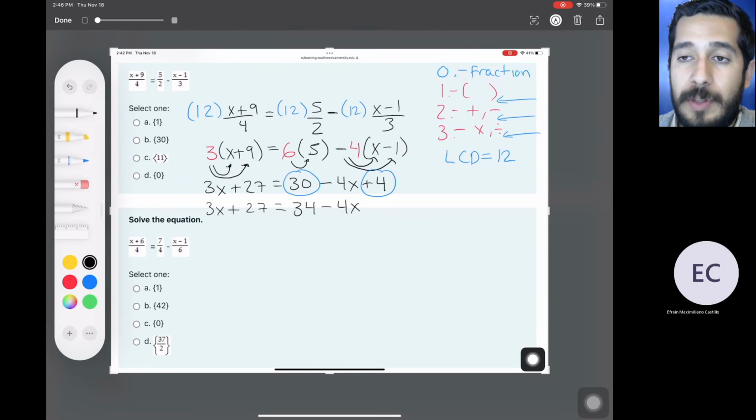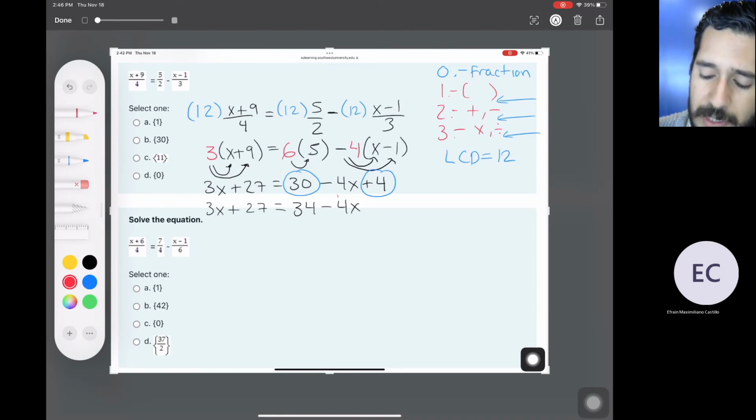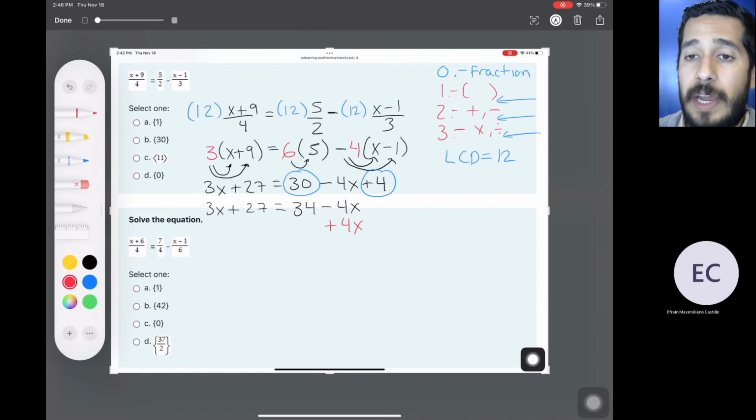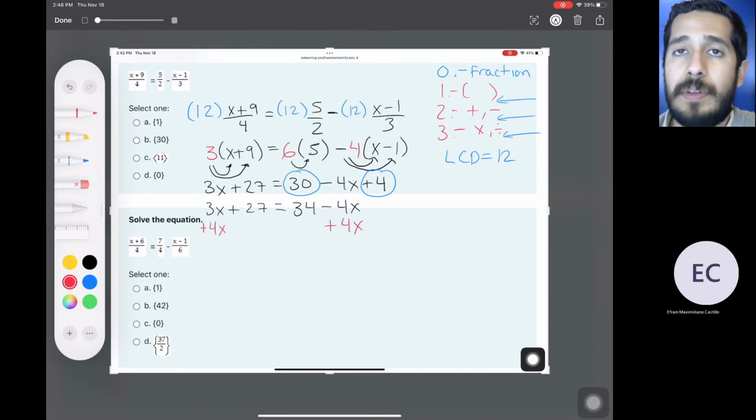Okay, so I'm going to move to the next step, the second step, which is adding and subtracting to both sides until you don't have any more additions and subtractions. So pretty much deciding where you're going to send the letters and where you're going to send the numbers. I'm going to choose to send the letters to the left side. So I'm going to send this negative 4x to the left side of the equation. In order to do that, I will have to do the opposite operation, which is plus 4x. And if I do plus 4x on one side, I have to do plus 4x on the other side of